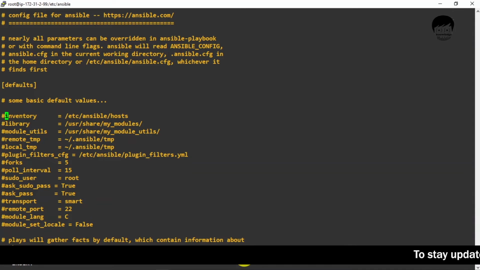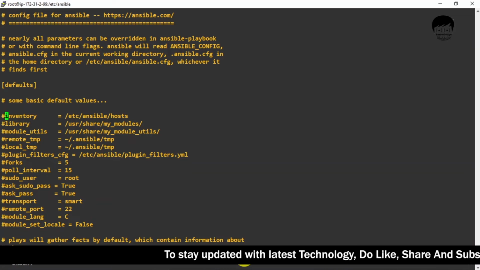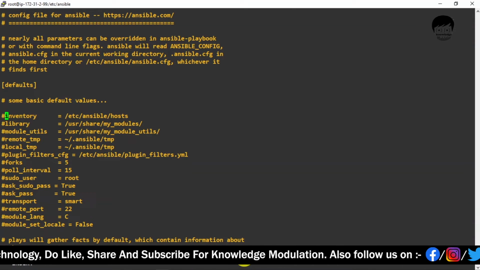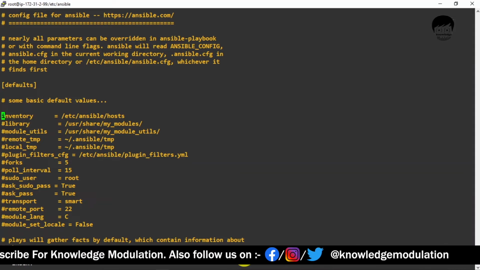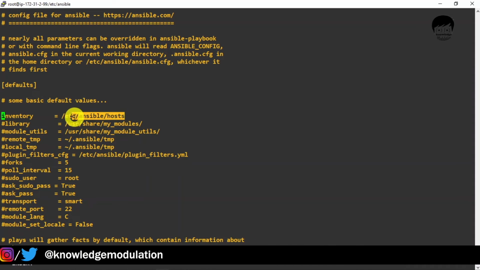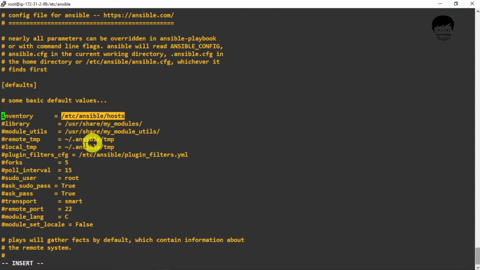Whatever changes we have done, it reads from inventory. We added some IP addresses in the hosts file, but to read this hosts file we should uncomment this inventory option so that it can read this file. You can see here /etc/ansible/hosts. Inventory reads your hosts file entry, so we just have to uncomment it and allow it to read it.